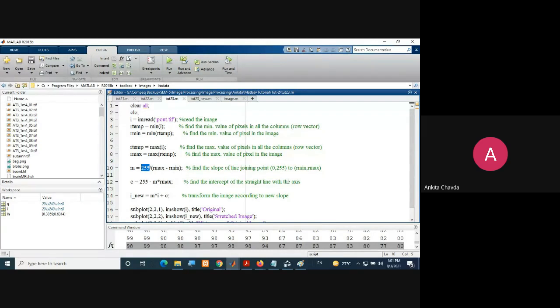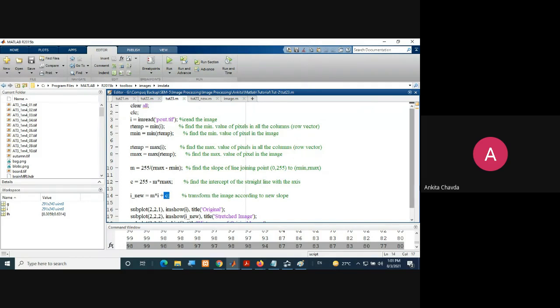And finally you put it here, that your new image would be m into I. Your m is the slope that you found, which you multiply with your original image, and then you simply add the intercept.